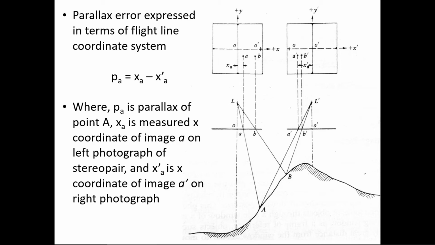Clear? So if you have a stereo pair, two photos like this, you can view them through a stereoscopic viewer, calculate your parallax error, and try to rectify it. But now, as I mentioned, you have the collinearity equation. Using the collinearity equation, you can also do that manually. But now you have advanced software and image processing techniques and tools for that. So it's not much of a big deal, but this is the concept behind it. All right, this is parallax error. Clear?